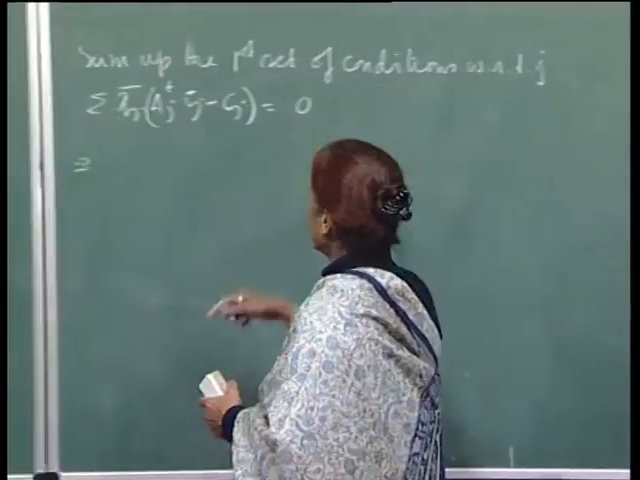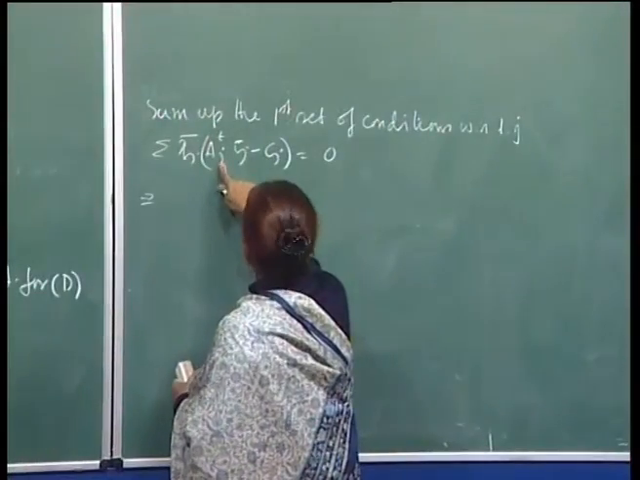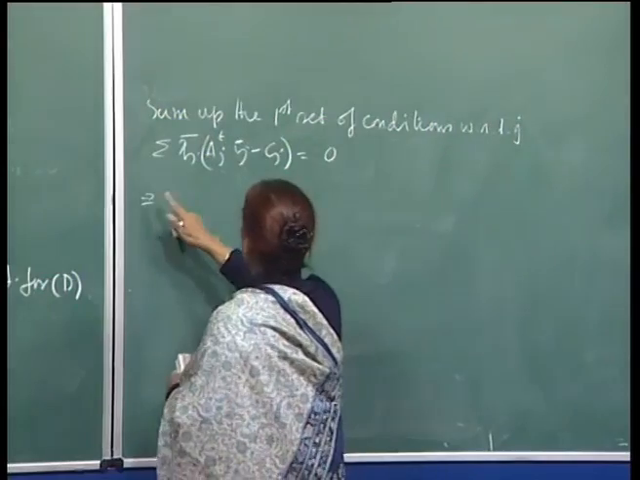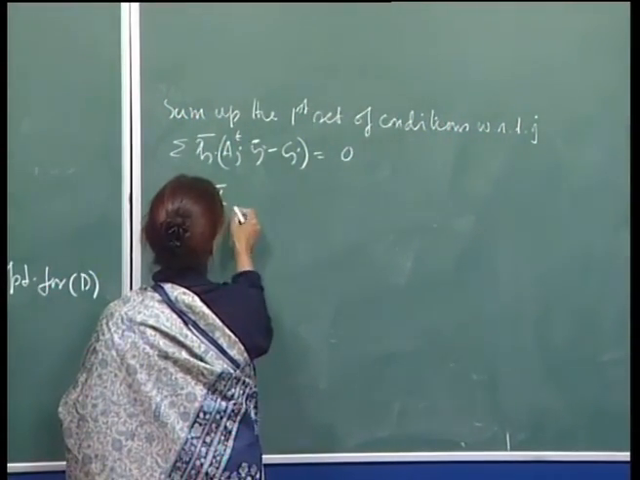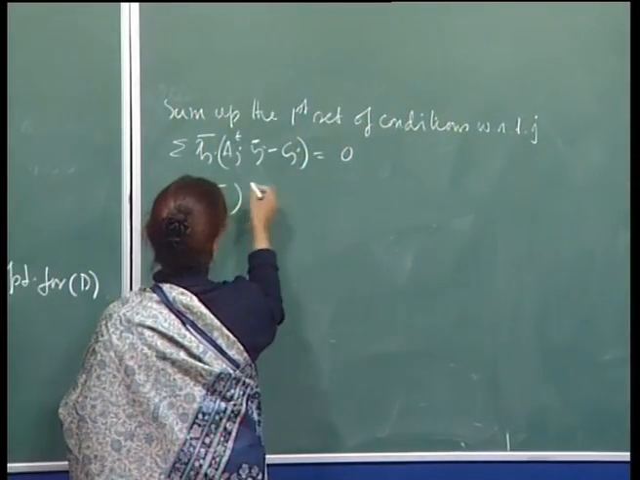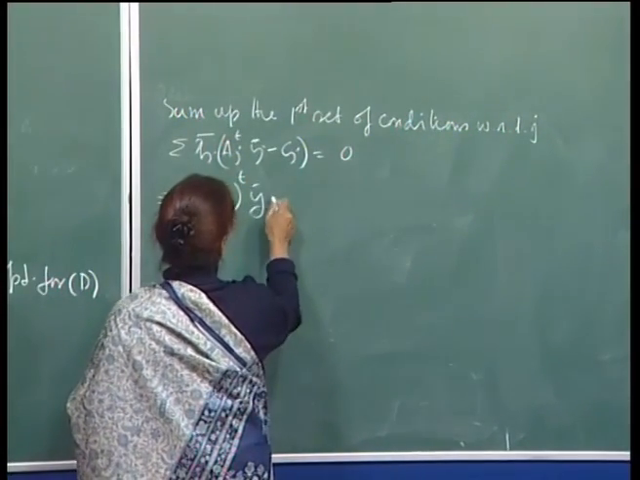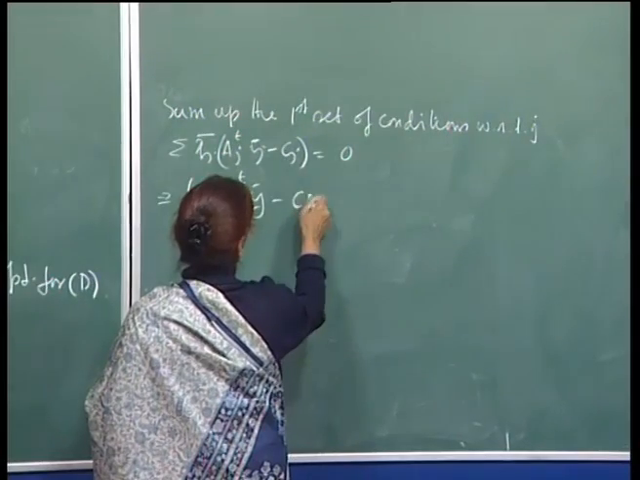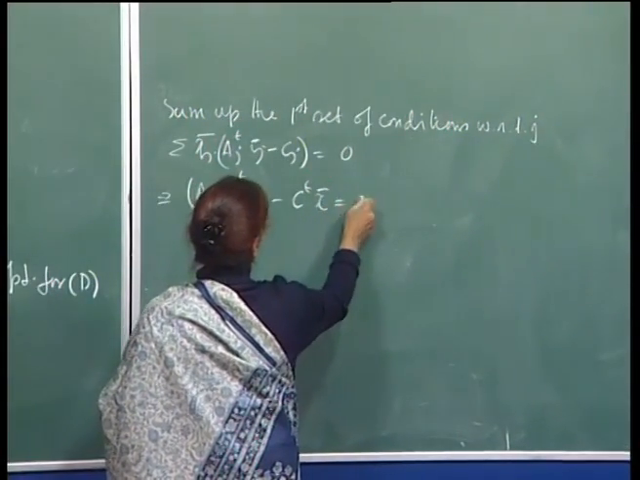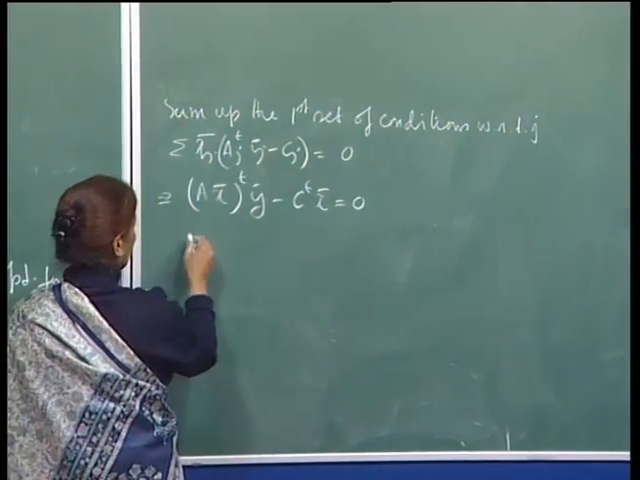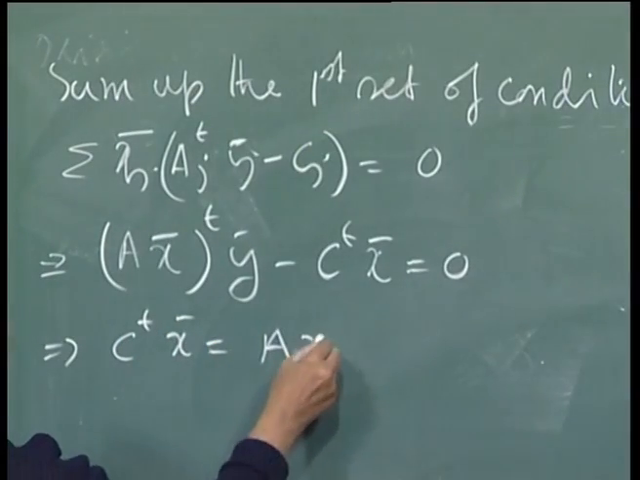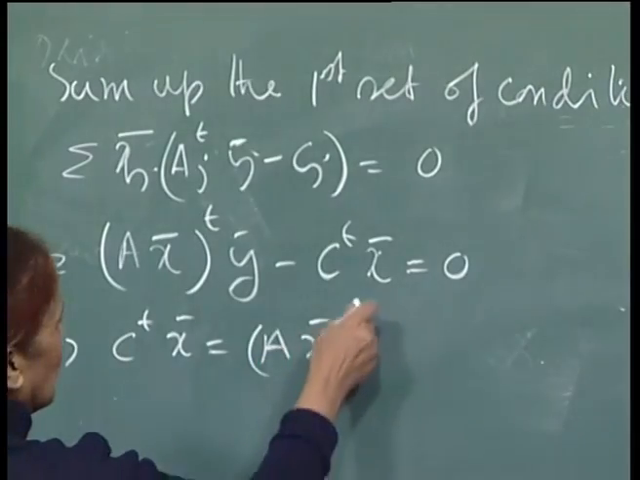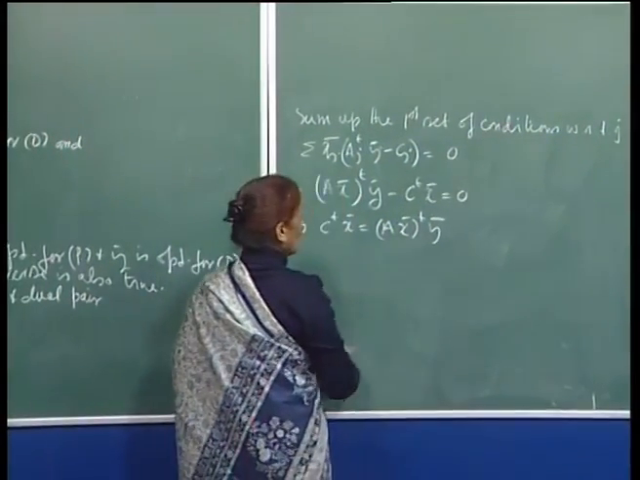By the way, this is a_j bar transpose y bar_j minus c_j. So, therefore, this implies that this is equal to (A x bar) transpose y bar minus c transpose x bar is 0, right. So, therefore, this implies that your c transpose x bar is (A x bar) transpose y bar, right, which gives you,